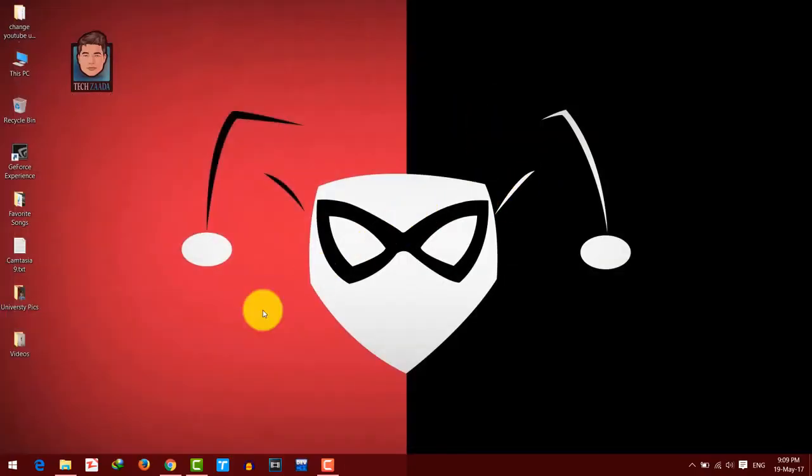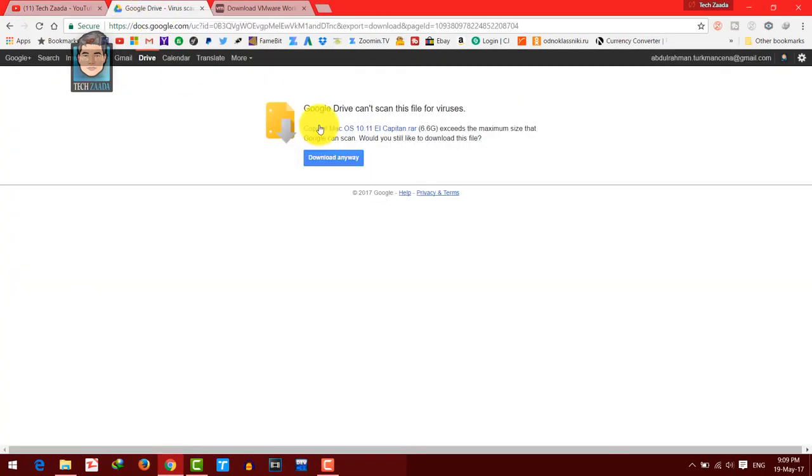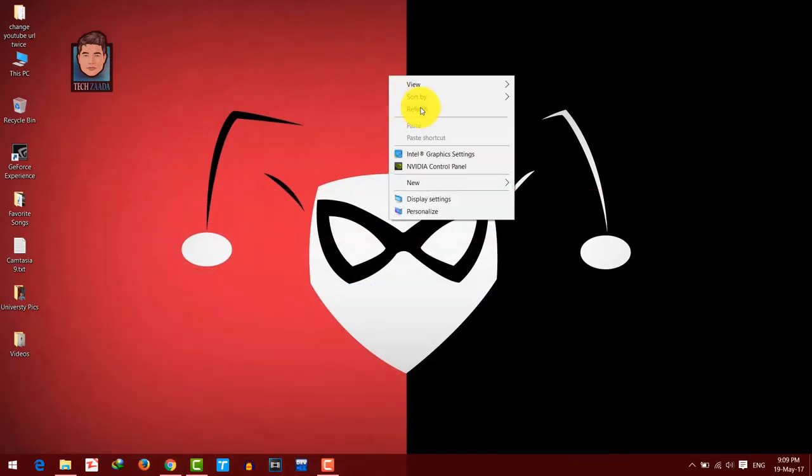After that, go to the link in the description below and download the image file of Mac OS X El Capitan, which is about 7 gigabytes. Download it on your computer. The second thing you want to do is to download VMware Workstation. I will leave both of these in the description below. You can get them from there. Once you have downloaded those two files on your computer,